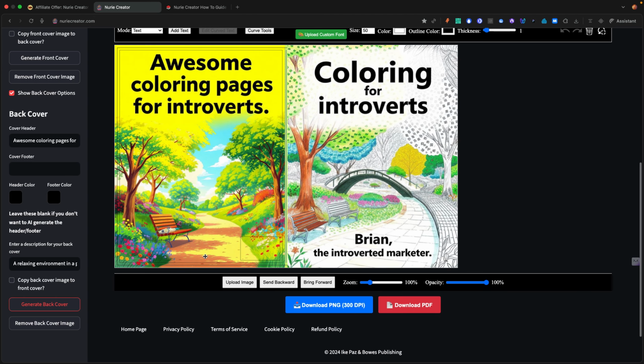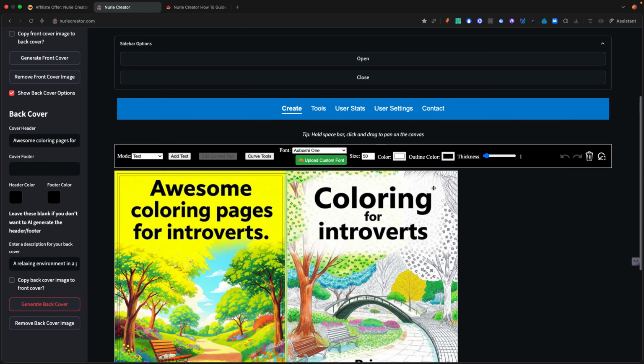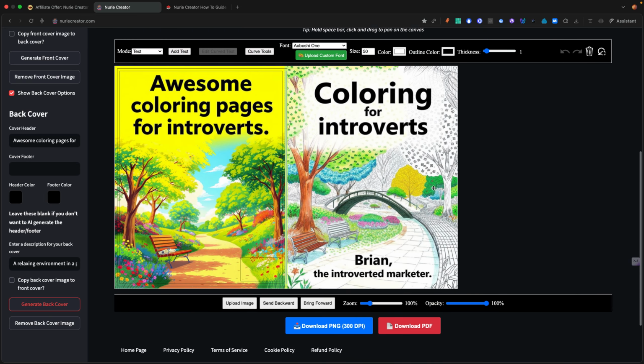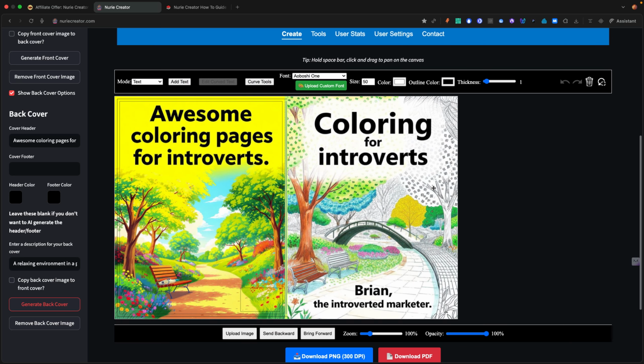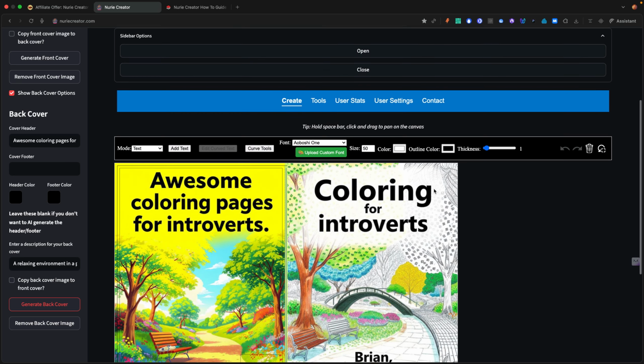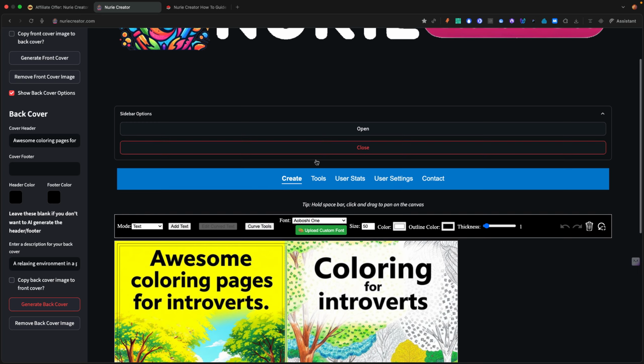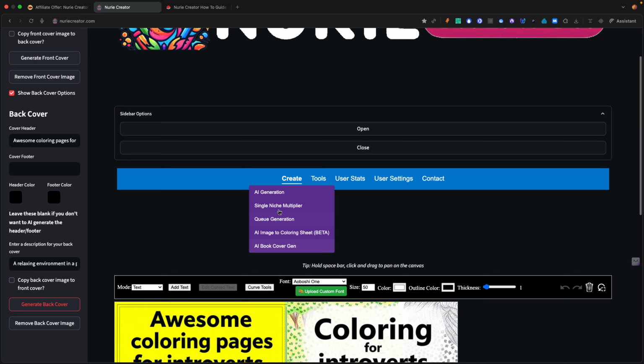So you can actually upload an image if you want for your cover, so you don't have to use the AI at all, right? You can download as a PDF and you can download as a PNG 300 DPI. So you do have options here, and this is the cover creator using AI. I believe I've shown you everything that there is with that specific feature. So we've covered this, and this, and the tools. I've shown you that you can upload an image,